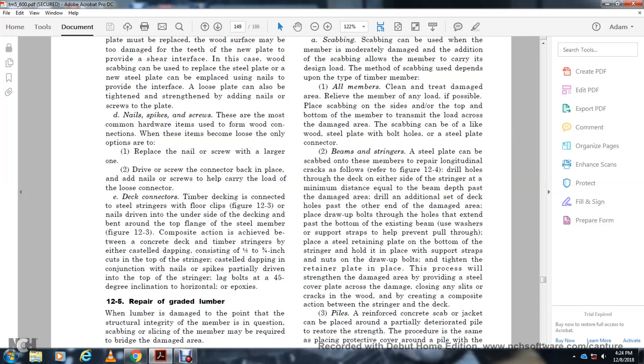Deck connector. The timber decking is connected to the steel stringer with the floor clip, figure 12-3, with the nail driven on the side of the deck and the bed and around the top of the flange. Figure 12-3 shows the composite action between the concrete deck and the timber stringers, either castellated shear connectors